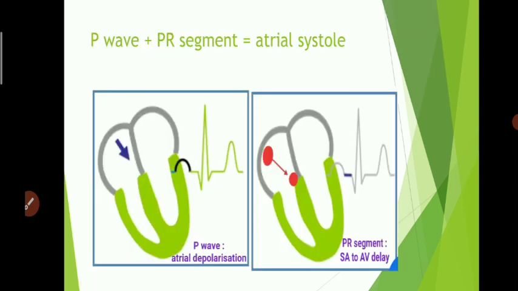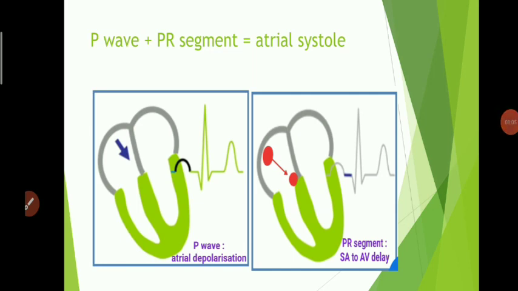Let's understand what these waves on an ECG represent. First of all, we have the P wave. This P wave represents the atrial depolarization. SA node, which is also known as the pacemaker of the heart, produces a cardiac impulse, which is basically a wave of depolarization, and this cardiac impulse sweeps across the entire auricles. So, during the depolarization of the myocytes present in the walls of the auricles, a positive P wave is produced.